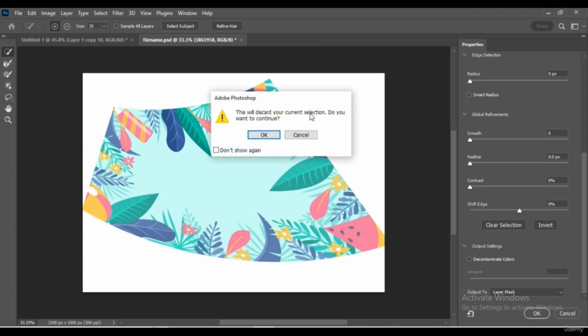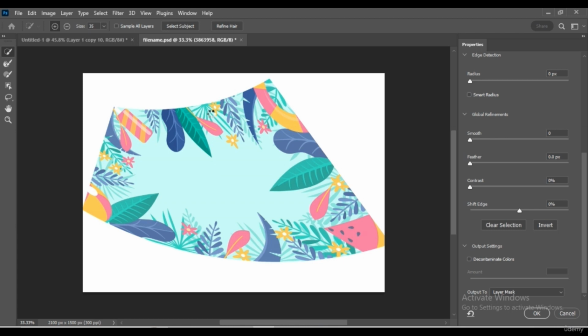This will discard your current selection. Do you want to continue? This dialog box will appear and you just click OK. Then it will directly select all the subject in here. You can click undo or press Ctrl Z on your keyboard to go back to the previous state.